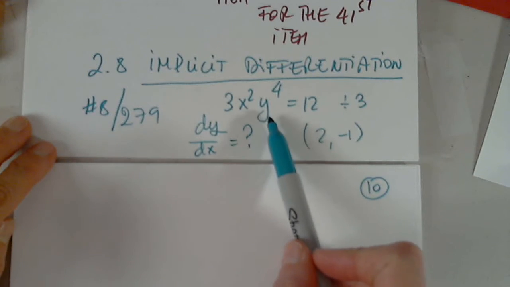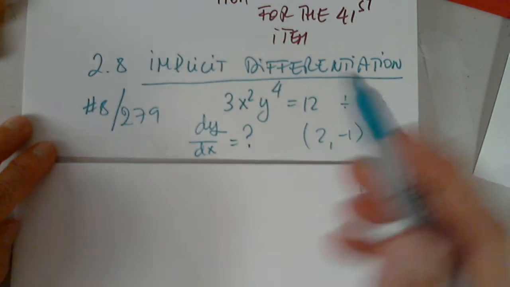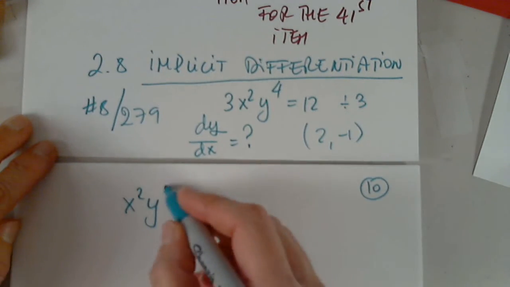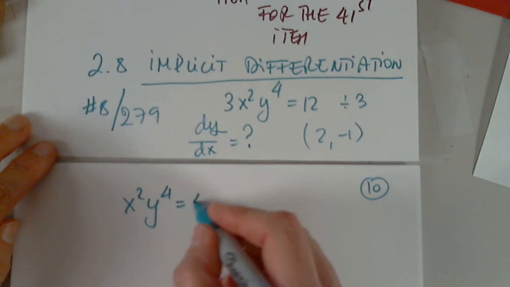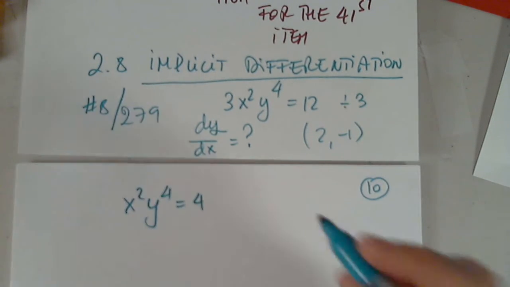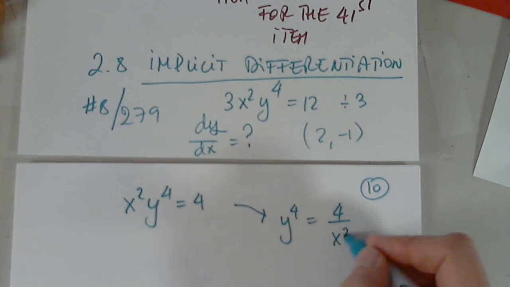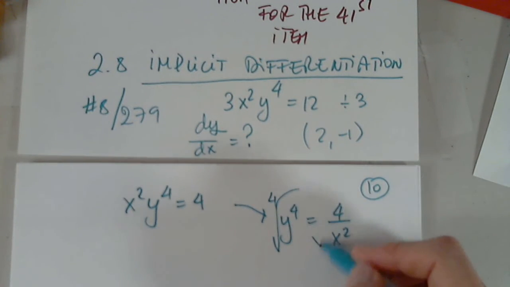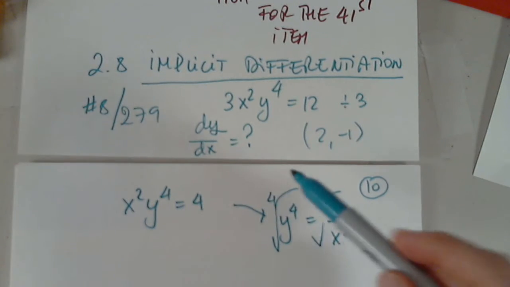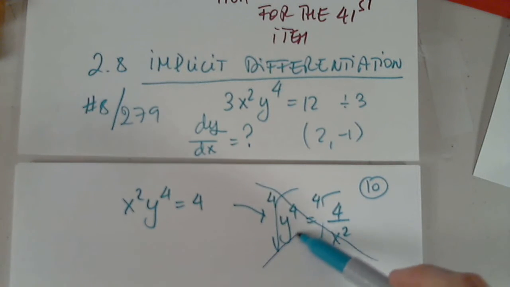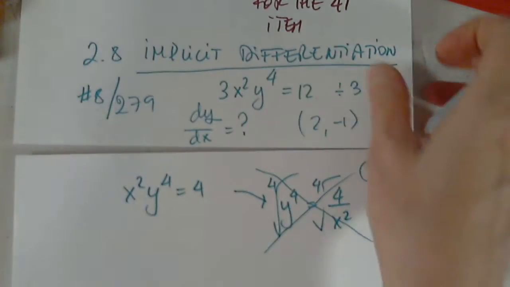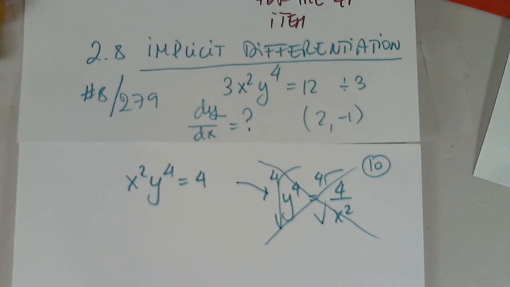In this case, solve for y, but I would first simplify and say y squared, x squared, y to the fourth equals 4. And if I do solve for y, I will have 4 over x squared, and I will have to apply the fourth root to both sides. I don't want to do that. I could. Instead, I will differentiate both sides,